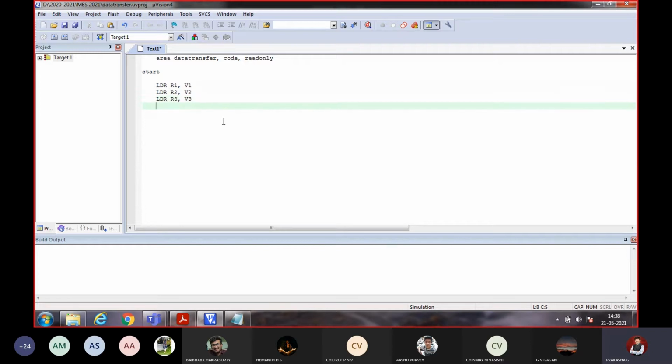LDR R3, V3; LDR R4, V4; LDR R5, V5. 5 variables. Then what I have to do? MOV R6, R1 means the contents of R1 are copied